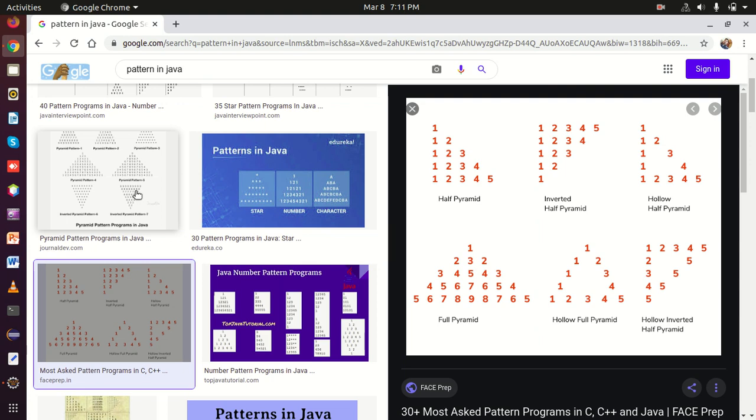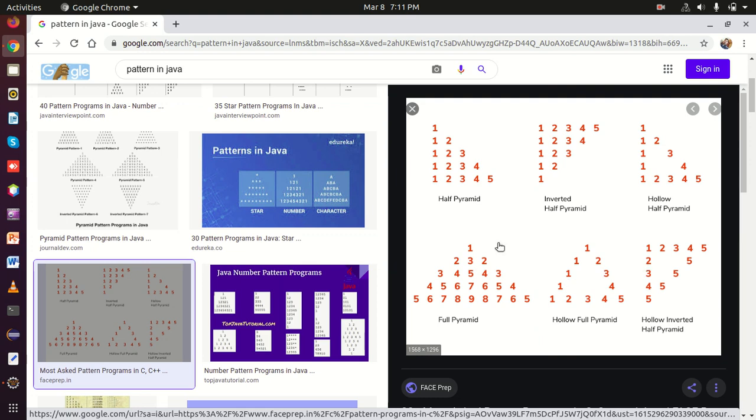Hello friends, I am Chandan and in this tutorial I am going to show you how to write a Java program to print the patterns like this. So we can see here the pattern which is given in this figure.